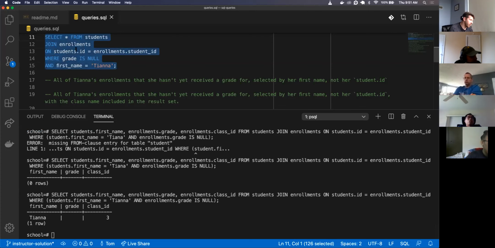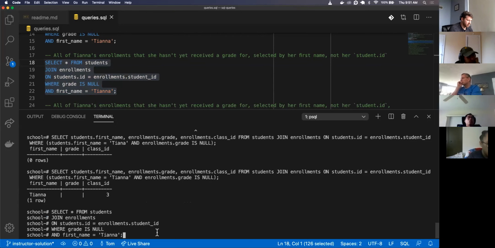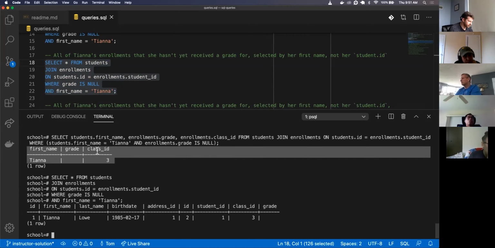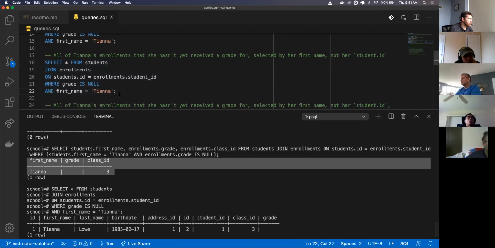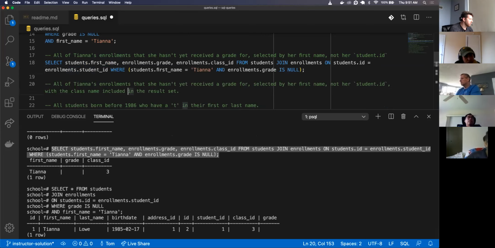It's actually the one we just did, because it says selected by first name instead of ID. So this also works. I like that you're just grabbing specific column names: first name, student, and the class ID. Yeah, this also works. All right, let's keep going.